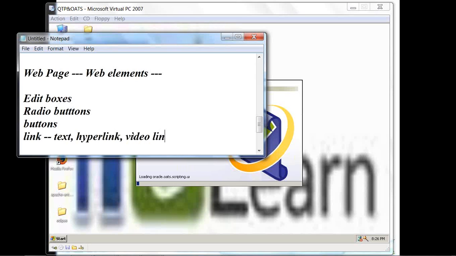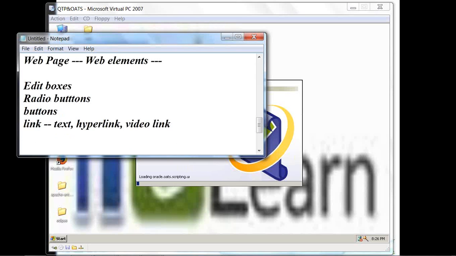On MSN, for example, if you click on a video, it will take you to another place in the same page or another page, and then start opening the video. So these are some of the links.